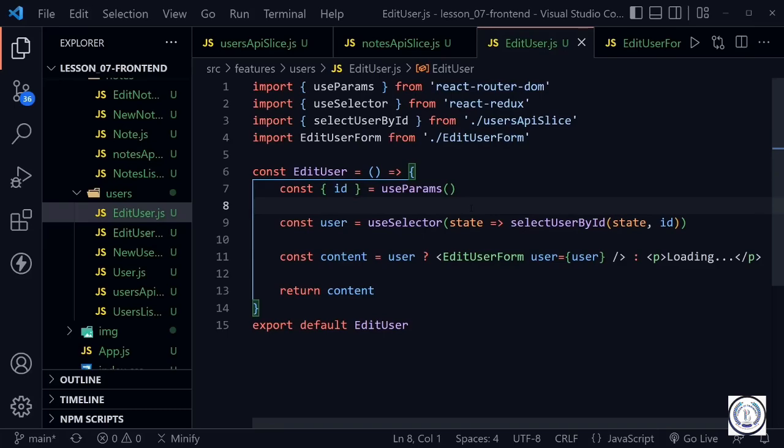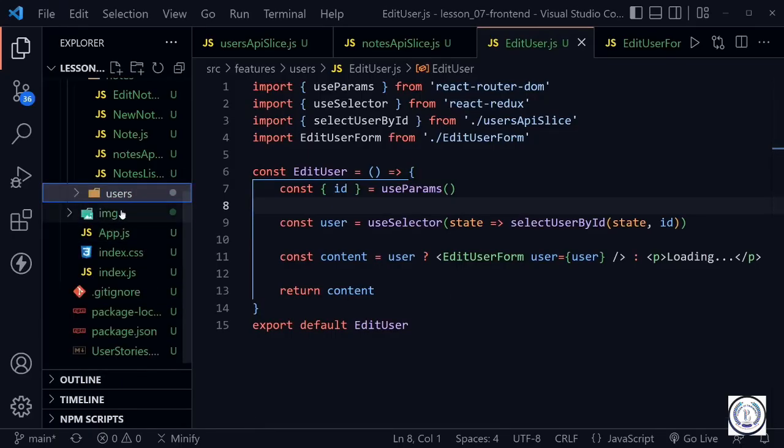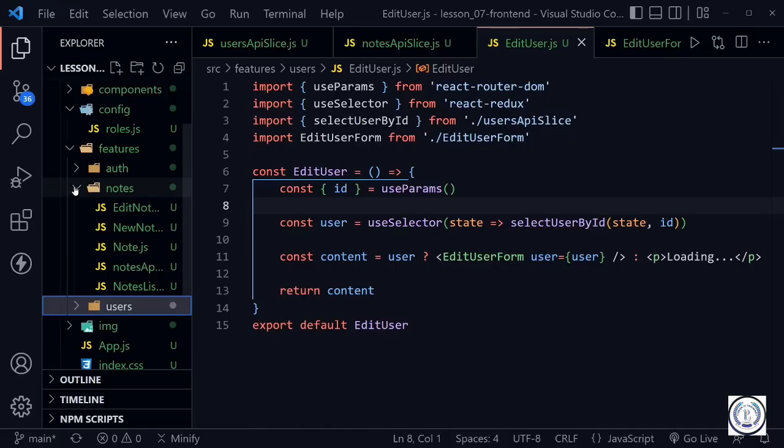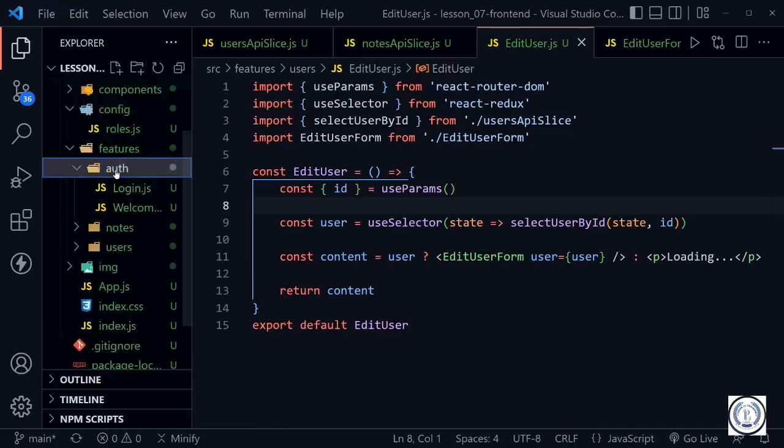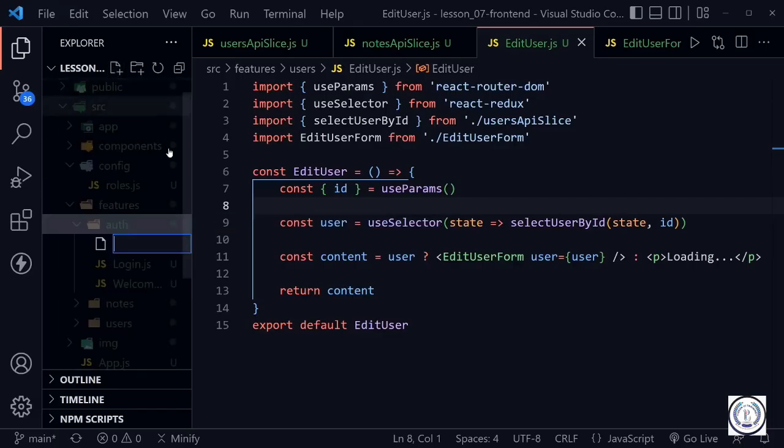And we want the notes and users throughout the application. So it's really no problem to create a subscription that lasts for the duration of our protected pages. To do that, let's close out the users directory. Let's close out the notes directory. Let's go to the auth directory, and let's create a new component in here. And we're going to call this